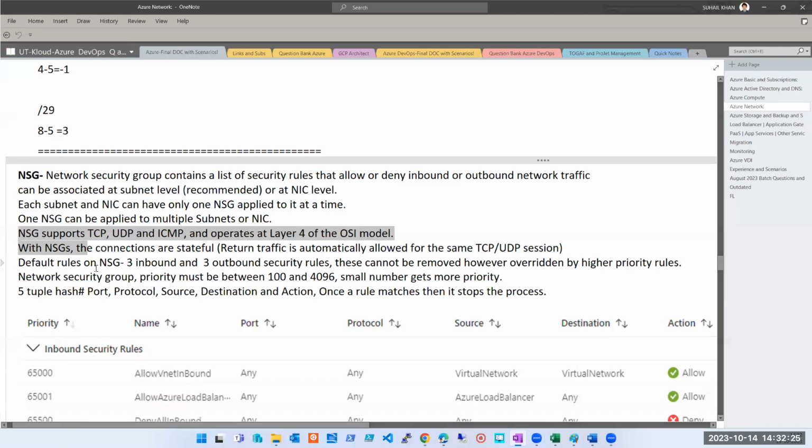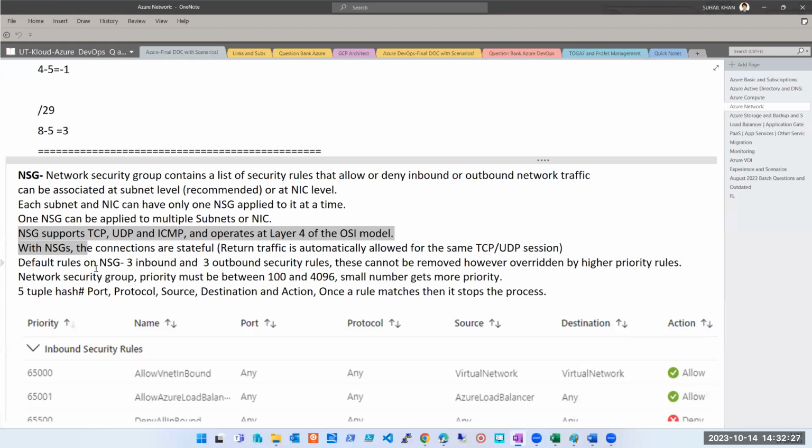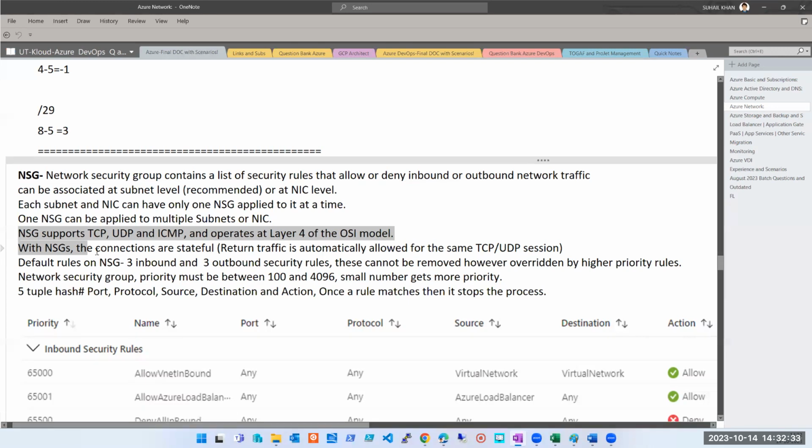They may ask which layer NSG operates on or which protocols NSG supports. So you should remember that NSG supports TCP, UDP, ICMP protocols, and it operates at layer 4 of the OSI model. Now, what is the OSI model? You don't have to understand it. If someone wants to check, go ahead and check what the OSI model is.